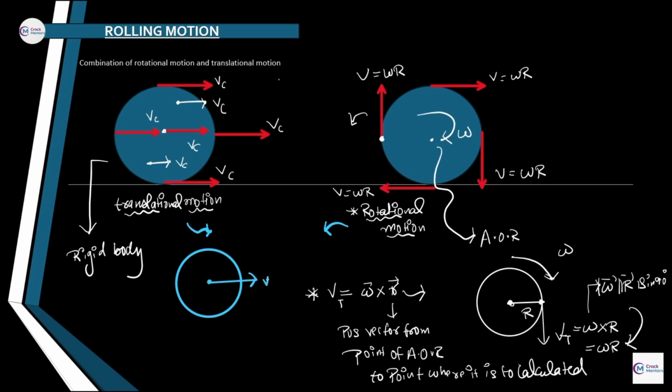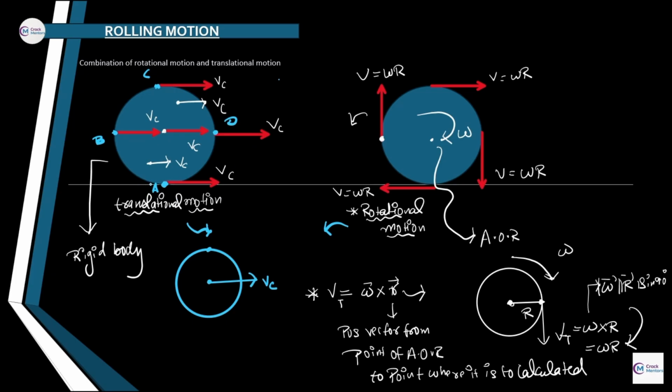Just give me a second. I'm assuming this blue body which I have drawn right now is moving with VC. Right now I'm marking some points, and what are those? A, B, another point which is C, and here we have another point which is D. I'm going to talk about all these points step by step.